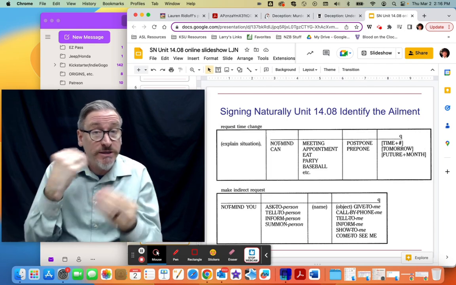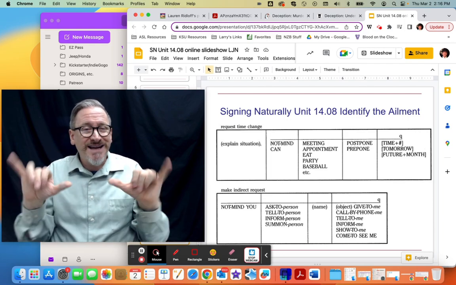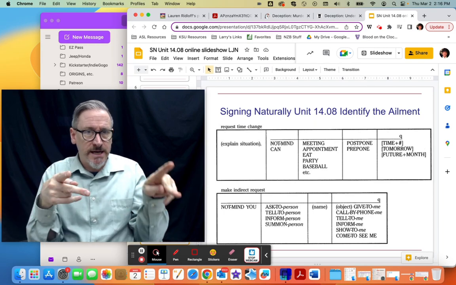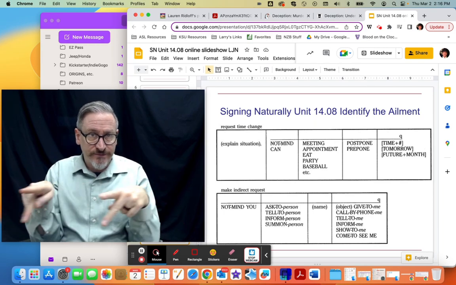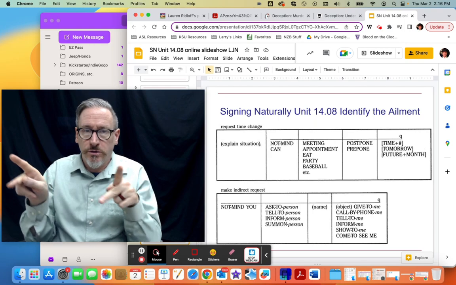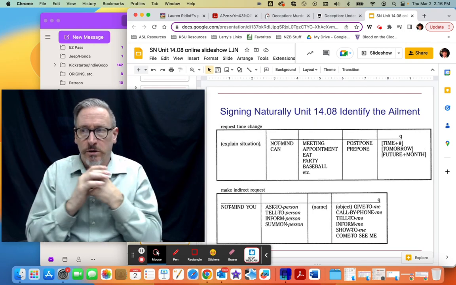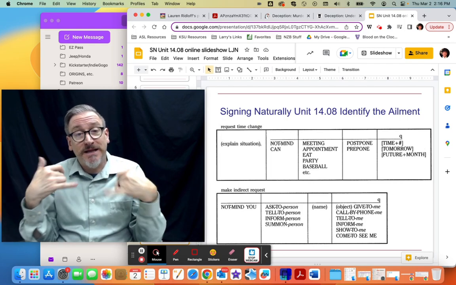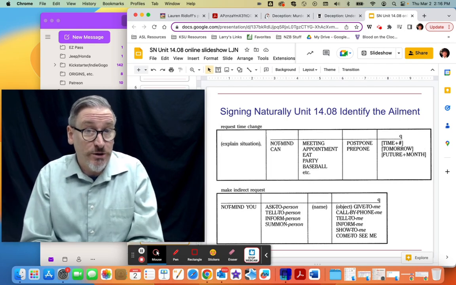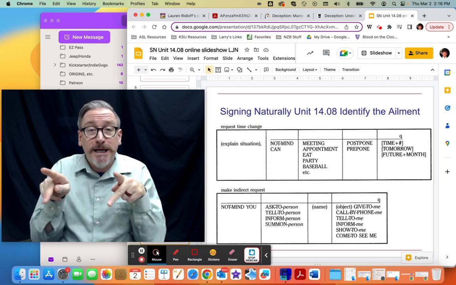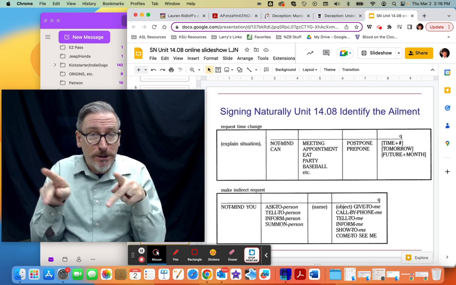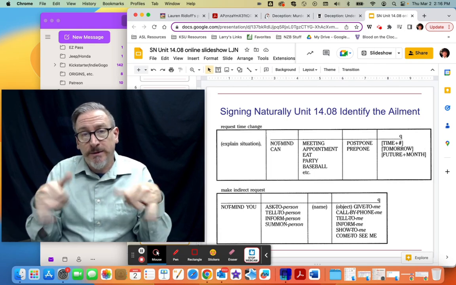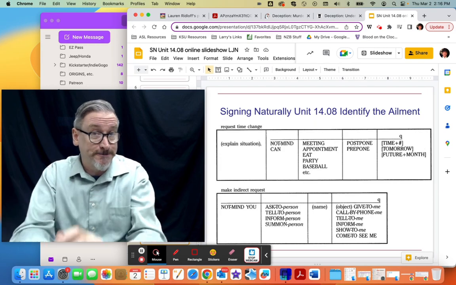Eat, out to eat. Party. I tend to sign party like this. Some people sign it party like this with P's. The more uniform it is, the more uniform the party is. This tends to be a lot more chaotic. So if you like your parties very straight-laced with tea and crumpets, then this is probably a party for you. If you like them a little bit more wild, you'll probably sign it more like this.